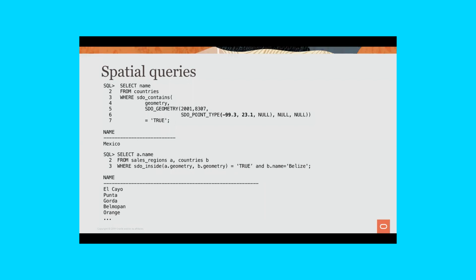And similarly, you have all of the sales regions that you're defining. So sales regions can be defined by taking a bunch of existing postal codes and combining some postal codes into different sales regions. And then you can do analytics to see which sales regions are inside a country. And then you can do aggregations, like you can calculate the revenue for all of these sales regions and then aggregate them up to state level and country level and things like that. Again, all of those complex spatial analytics can be done through SQL.